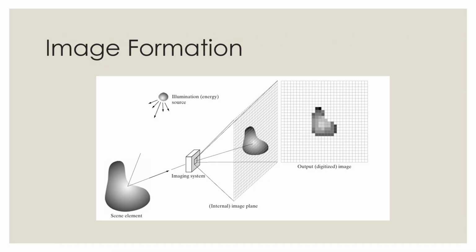Next we'll see the basic fundamental steps in image formation. In image formation, we have the illumination or the light energy. This light energy falls on the object of interest, which is called a scene element, and when the light falls on the scene element, we can easily capture that using the imaging system. This imaging system is nothing but a sensor consisting of a lens which can convert these analog images into a digital format. So this is a specialized form of an image capturing device.